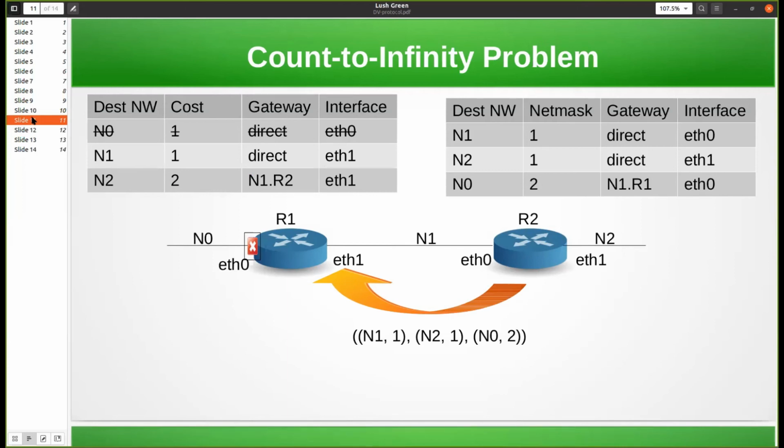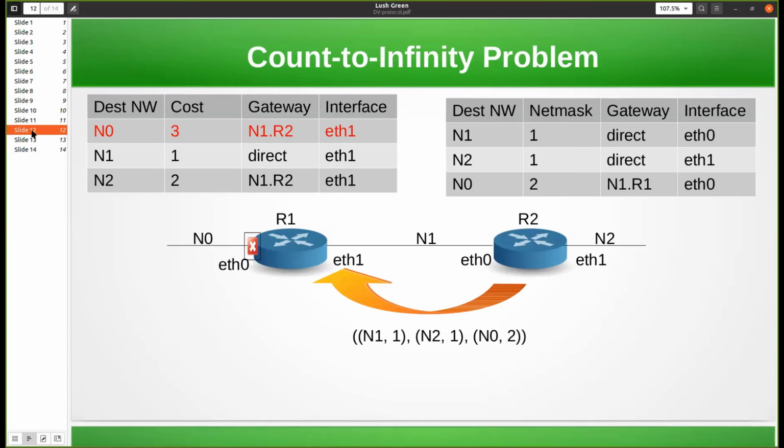It says N0 is reachable through R2 with cost 3 now, because N0 is advertised with cost 2 by R2, so you get cost 3 from R1. What's the interface? Interface will be ETH1. So that's exactly what you see here, right? Instead of no entry in the routing table of R1, you are seeing N0 with cost 3,